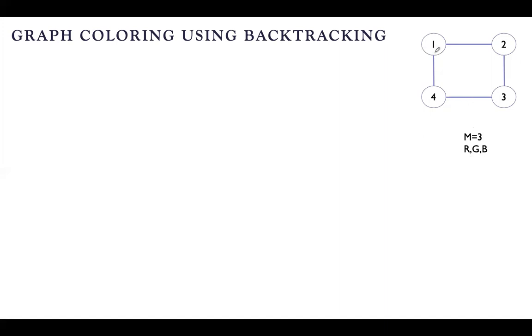See, the first one is simple. We saw this example already. Assign red here and red here, green here and green here. Okay, that is one simple combination. Many such combinations are possible with these 3 colors. We have to find out how many such possible colorings can be done for this particular graph. So using backtracking, we can do it in a simple and efficient way. Backtracking means state space tree. We can make use of it.